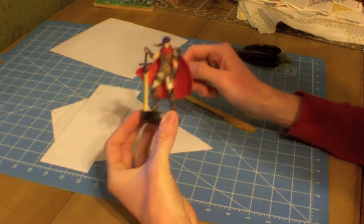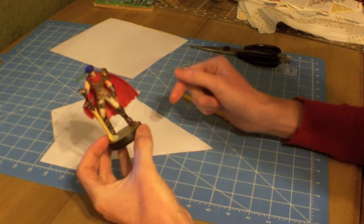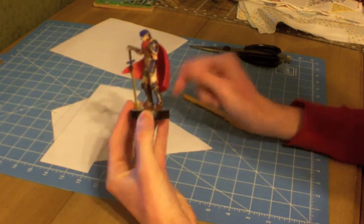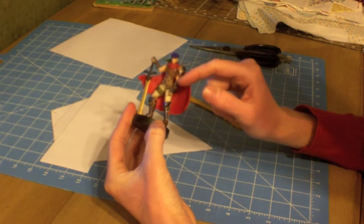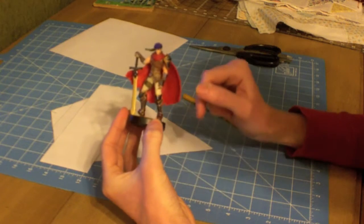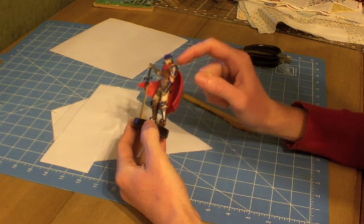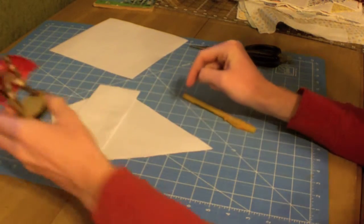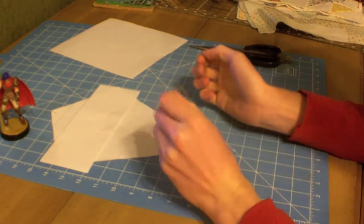So you can't exactly get dimensions off of this guy right here, so pretty much I'm just going to do everything as proportional as I can, and I'm just mainly trying to get this design of this shoulder piece right here, and then the hand piece I'm going to try to get some design, but mainly it's going to be my own thing. As far as this goes, you can see it spans from his shoulder almost all the way down to his elbow, so compared for me, because I'm going to be fitting this on myself, this piece of paper right here,